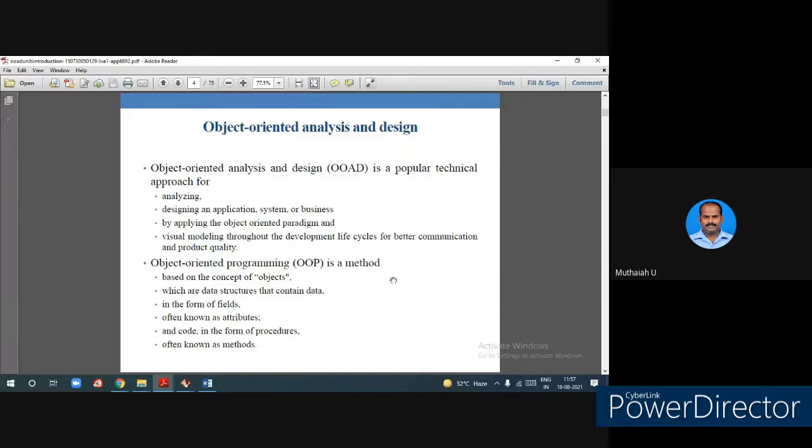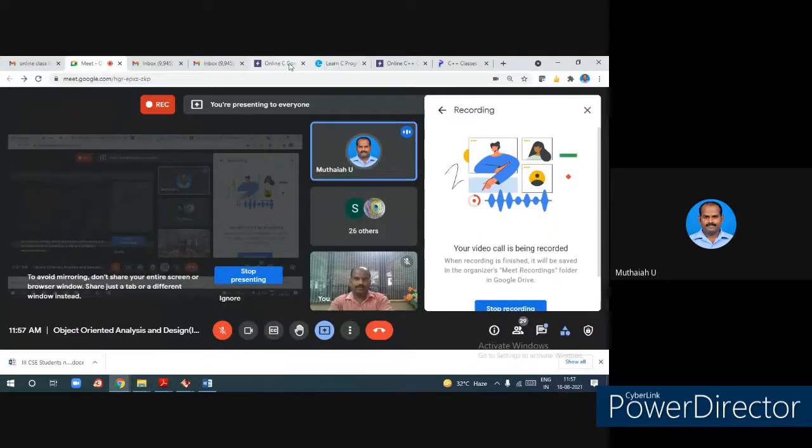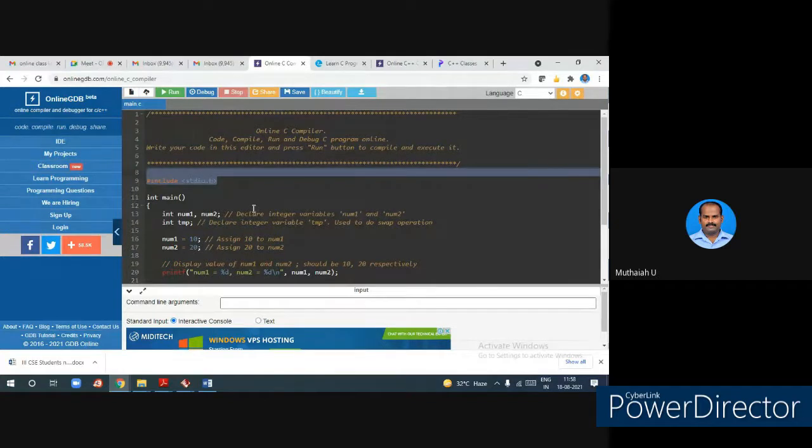So procedure-oriented programming means what? In C, when you write C programming, I will show you now. The pre-processing statement. What is a pre-processing statement? See, the meaning itself is there. Pre-processing means before starting the main function. The compiler always starts with the main function only. You understood? Before starting this main function, it has to execute the pre-process statement. Pre-processing is what it has to do before processing.